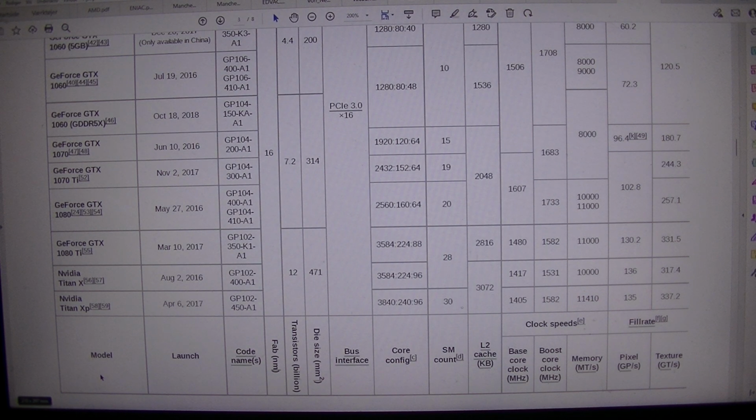6402017331000000110000257.1 GeForce GTX 1080Ti 55 March 10 2017 GP102350K1A112471358 224:8828161480158110000130.2331.5 Nvidia Titan X 56 57 August 2 2016 GP10240081358422491715311000001363117.4 Nvidia Titan XP 58 59 April 6 2017